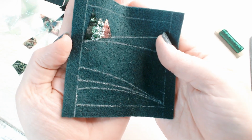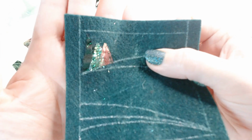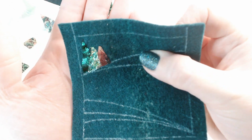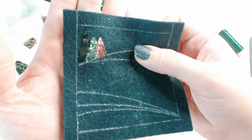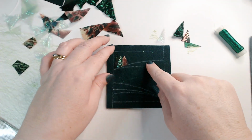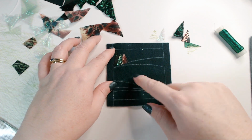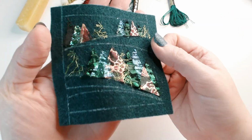I've got my red one on there. You can see the shimmer. If I bring it up close, you can see all the little fibres everywhere. That's just what happens when you're using metallics. So really lovely and shimmery. And I'm going to put in the rest of those trees and then we'll come back and look at the next stage. So that's all my trees on, and you can see I've